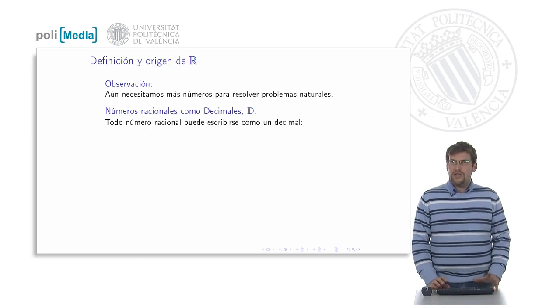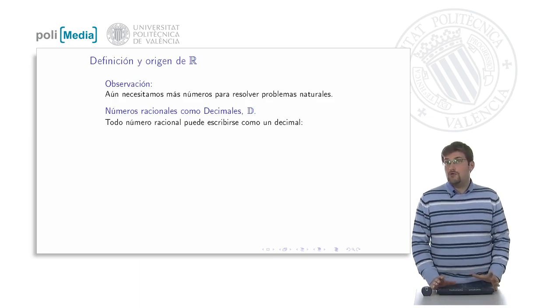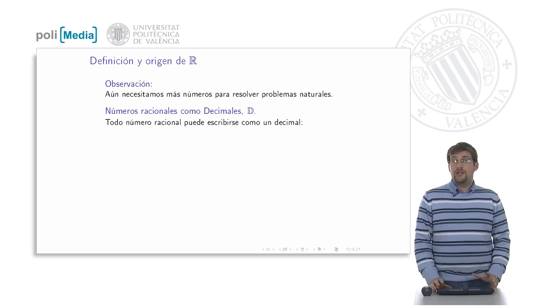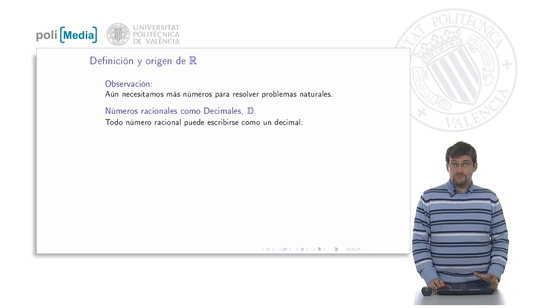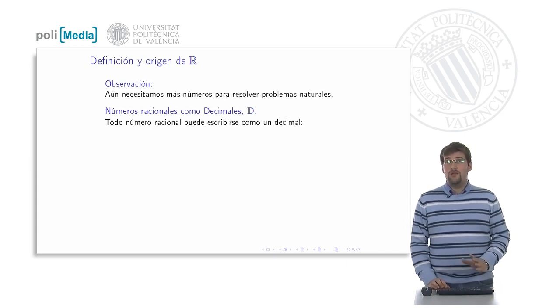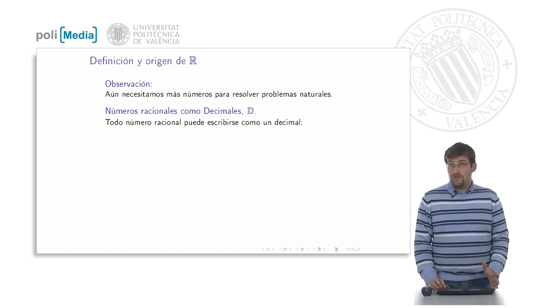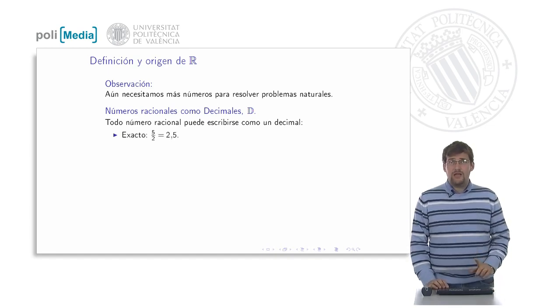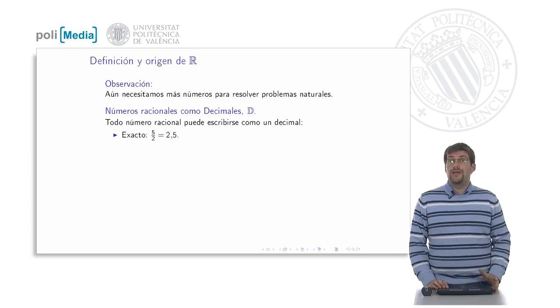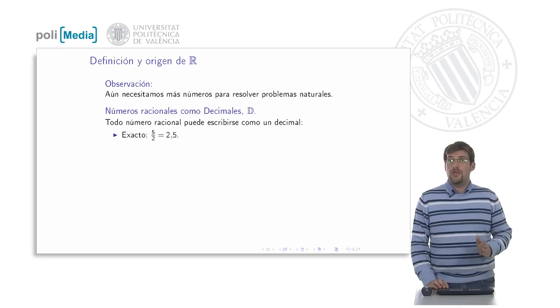In this case, we will provide a slightly unconventional definition of what real numbers are. To do this, we will use the decimal numbers that we all know. It's understood that any rational number can be represented as a decimal number. In particular, a rational number, upon division, can result in an exact decimal number. That means that the decimal number ends after a certain point, like in the example we have here, 2.5,